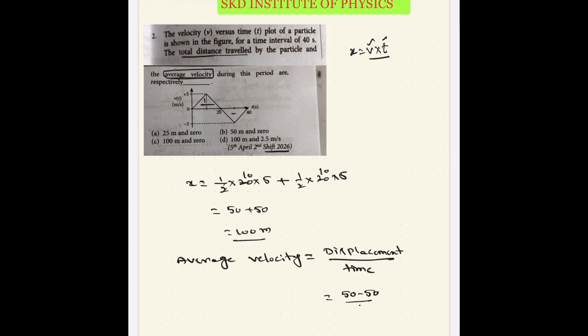Clear? Then the time we take is 40. Then the total displacement value is equal to 0. Then the average velocity is equal to 0. Then the correct option is